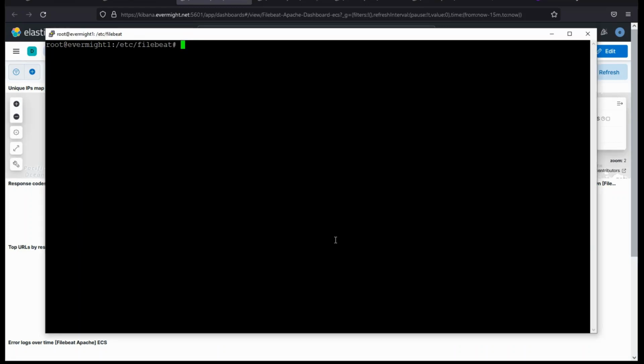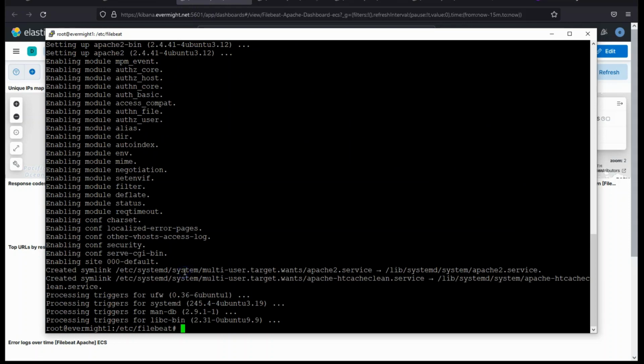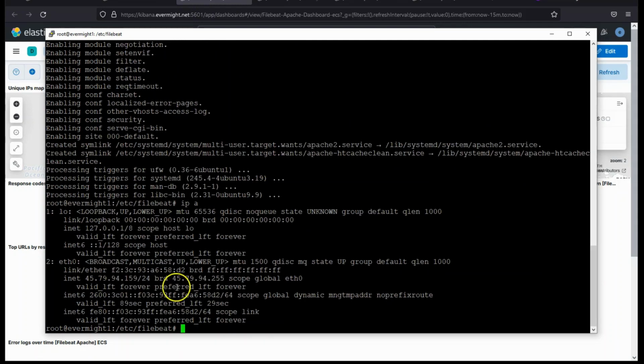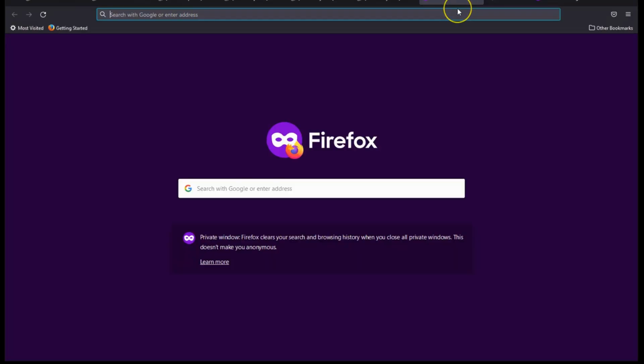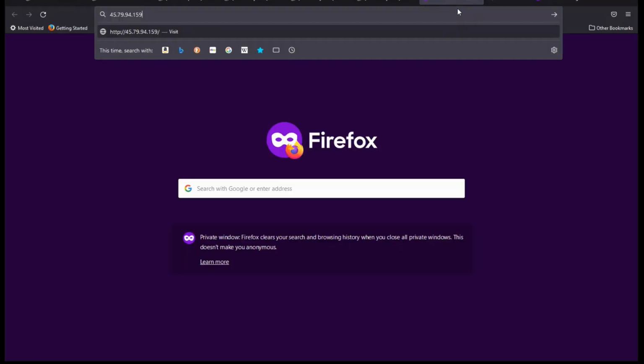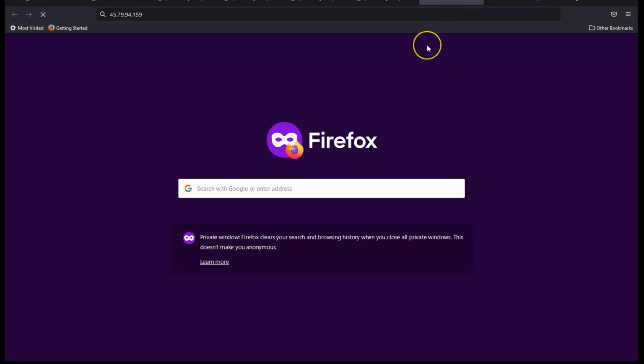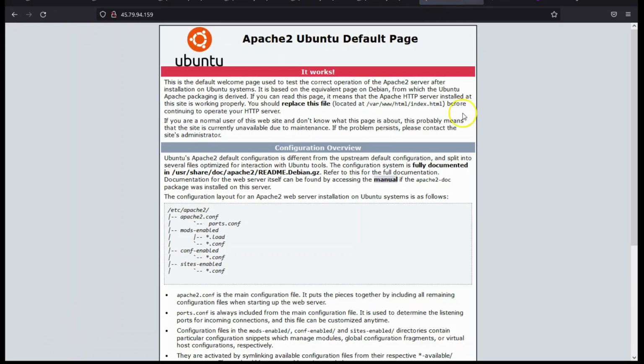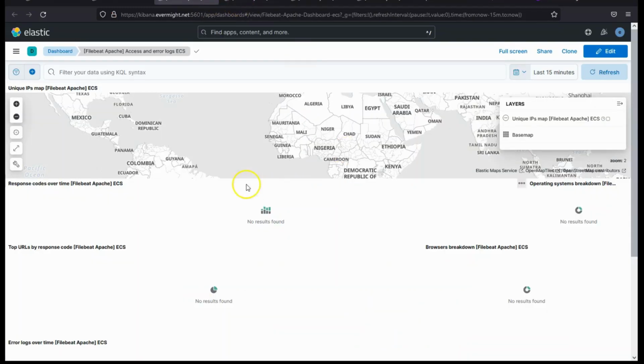So let's install Apache. Apache 2 web server. So we'll give it a moment. Okay, Apache has been installed. Let's figure out the IP address of the server. And if I go to our web browser and I'll paste in the URL. There we go. We get the default Apache 2 web page, and this Apache dashboard will remain empty until we